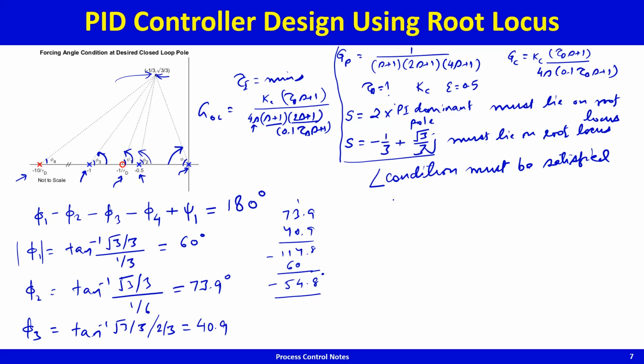Now the angle because of the zero is going to be tan inverse. Angle because of this guy is going to be plus tan inverse square root 3/3 divided by